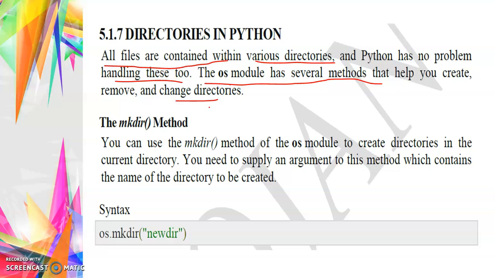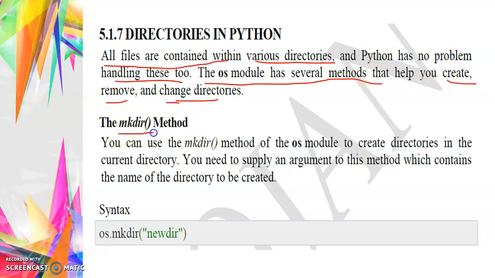Python has various modules. In the os module, operating system supported functions, variables and methods are present. So the os module has several methods that help you to create, remove or change directories.